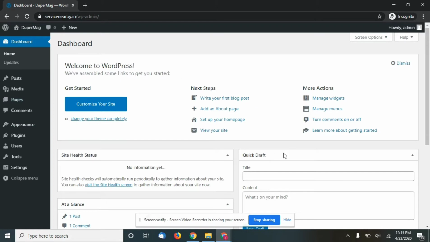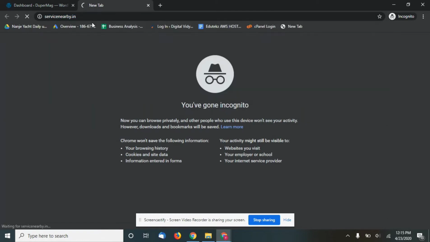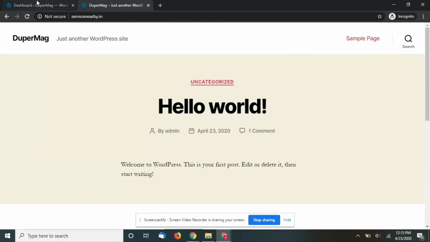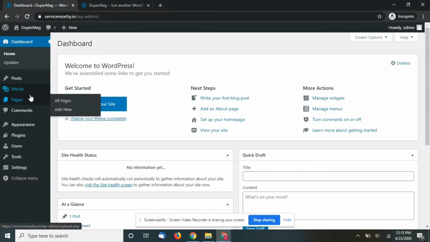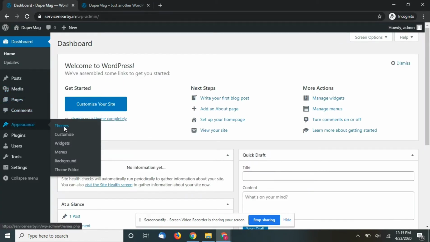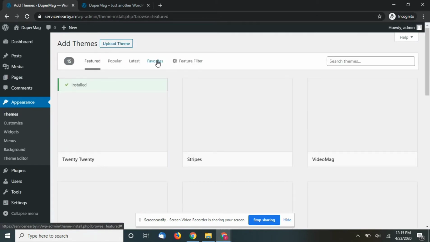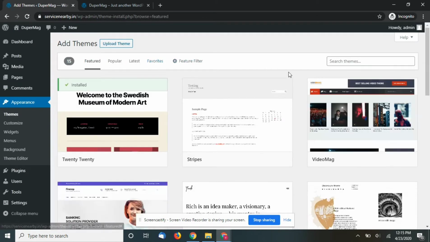So I'm in the backend of the WordPress dashboard. Here is the place where you can design your website. If I check my website now, I can see this is how my website looks, and this is not what I wanted. So just click on Appearance, Themes. If you are creating a blog theme, I would recommend this because this theme is completely free and at the same time it is easy to set up.